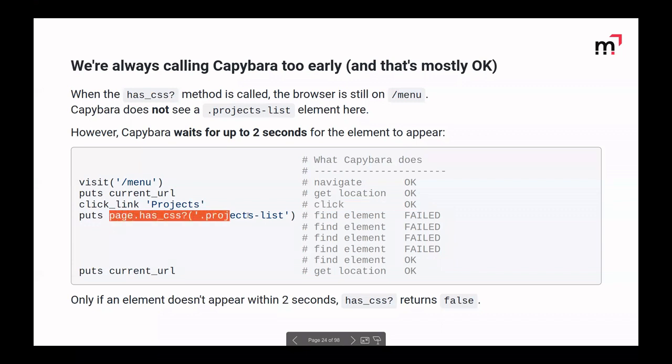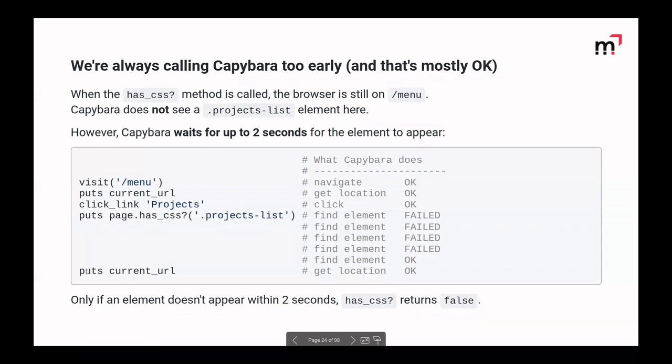And when we ask Capybara, is there a project list? Then it internally sees no, there is no such list. And it retries and fails, and retries and fails, until finally some JavaScript event handler goes through and the element appears, and Capybara will return true here.